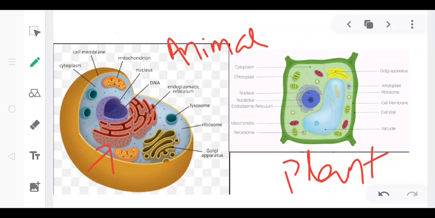RER, that means rough endoplasmic reticulum, looks rough under a microscope because it has particles called ribosomes attached to its surface. The ribosomes, which are present in all active cells, are the sites of protein manufacture. The manufactured proteins are then sent to various places in the cell depending on need using the ER. The SER, that means the smooth endoplasmic reticulum, helps in the manufacture of fat molecules or lipids, which are important for cell function.